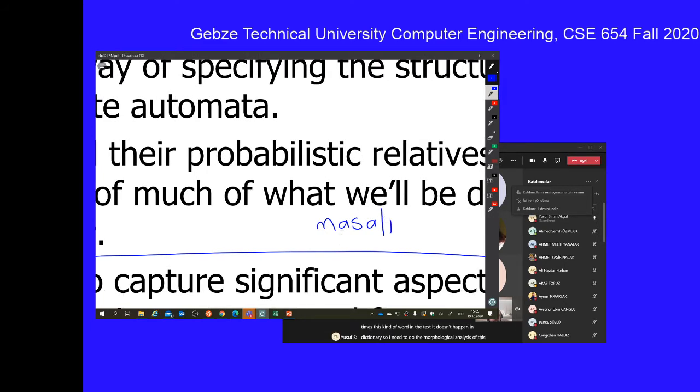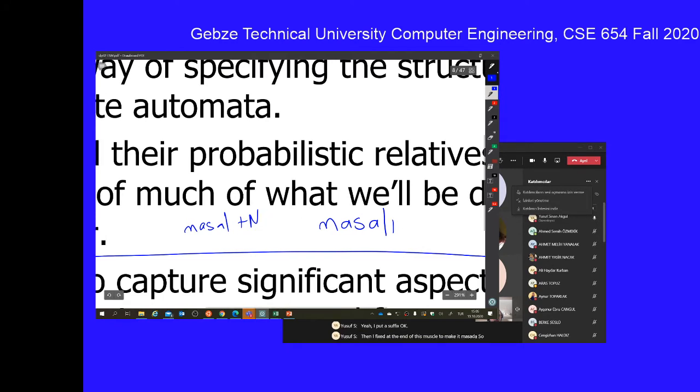I should say the root is masal, okay? That's the root, that's the noun. And at the end, I put a suffix. I put an affix at the end of this masal to make it masalı. So what is this I? I is sometimes used for